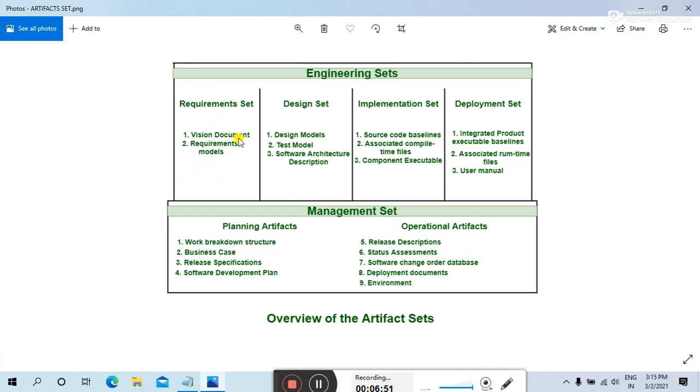Like these requirements models based on your requirements, these can be helpful for designing models. So this requirement set will be helpful, and we can say that every process in the engineering set is related. When you're documenting the requirements and creating requirement models, these requirement models are turned into design models, where you are using design models like use cases, class diagrams, and